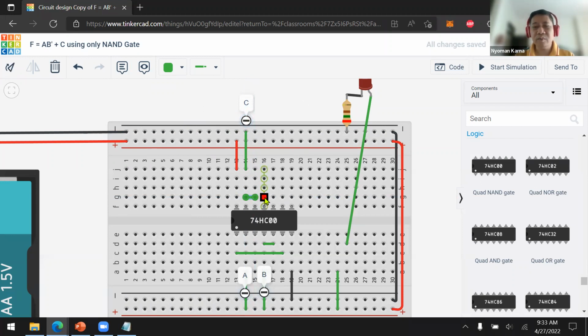And then the output, this one is the output, will become C naught. So C naught will go to here. And then the output of A, B naught is going to go to here. And then this is the output.